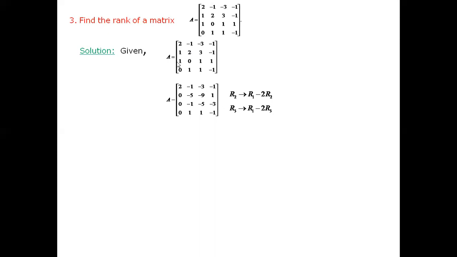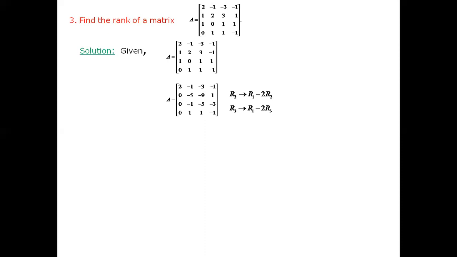Now similarly, multiply this by -2. Write it separately and do it: -2, 0, -2, -2. Add with this: 2 minus 2, 0. This is -1 and this is 0, so we get -1. -3 and -2 gives -5. This is -1 and here -2, so -1, -2, -3. And this is already 0. I'll keep that last row as it is, so that we can observe that this is the leading entry, meaning the elements below the leading entry are 0. So this completes the first step.